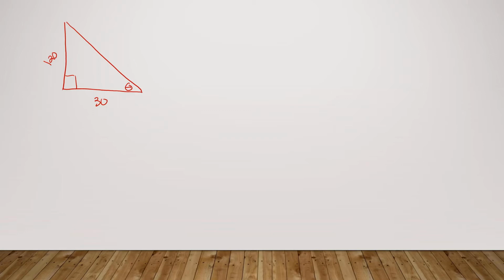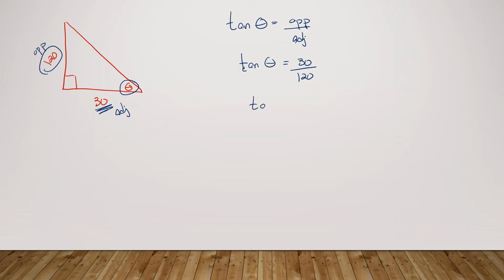All right, so here we go again. The question I have is this. What is the relationship between this side and this angle? Yep, that's the adjacent side, and the 120, that's the opposite side. So once again, I'm dealing with tangent, which is opposite over adjacent, which means the tangent of theta, I don't know what theta is, will be 30 divided by 120, correct? And that looks like it's going to reduce pretty nicely, don't you think? 30 divided by 120 is, yep, you said it,